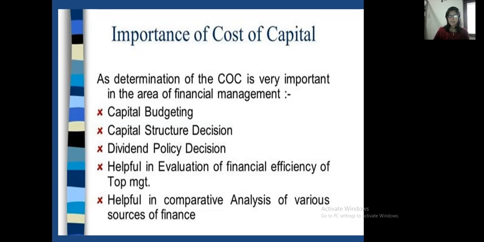And next one is dividend policy decision. Now, what is dividend policy? Dividend means the return which you have to pay to your investors, to your shareholders. Dividend policy is influenced by so many factors. Dividend policy बहुत सारे factors से influenced होती है, जैसे कि आपका business किस तरह का है,